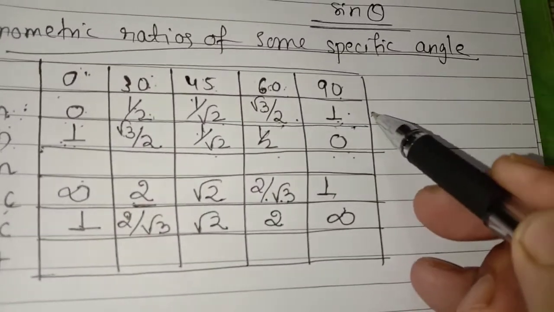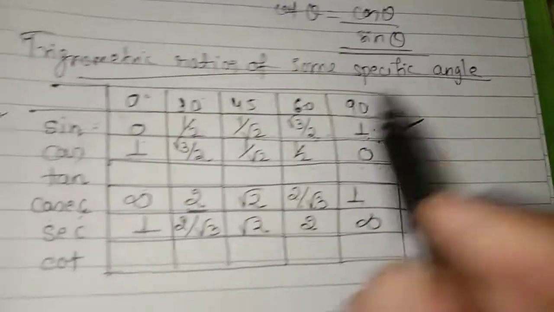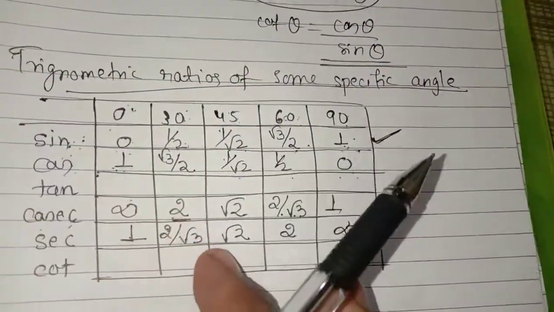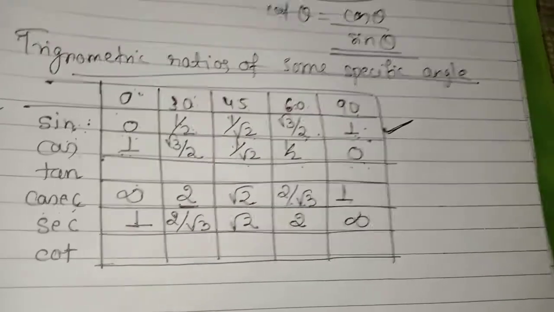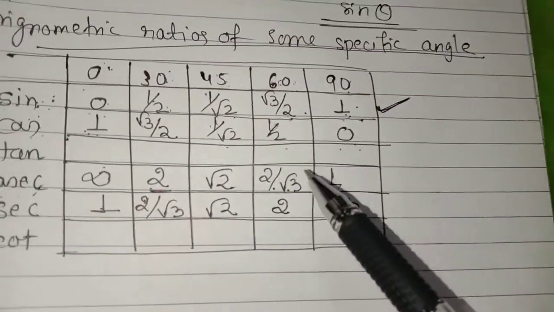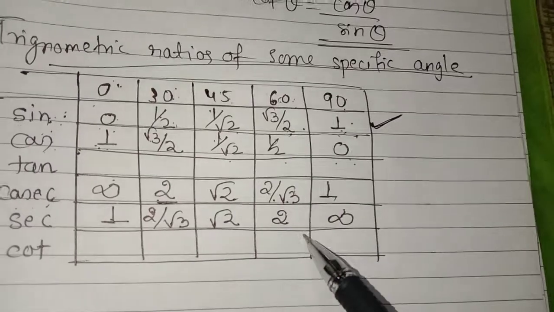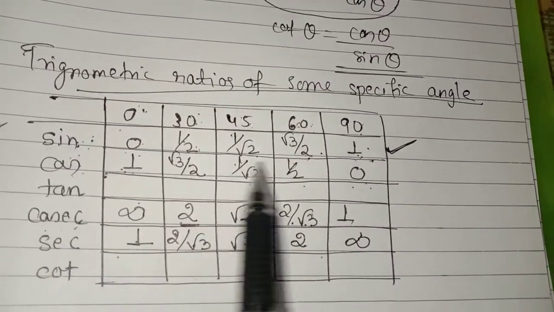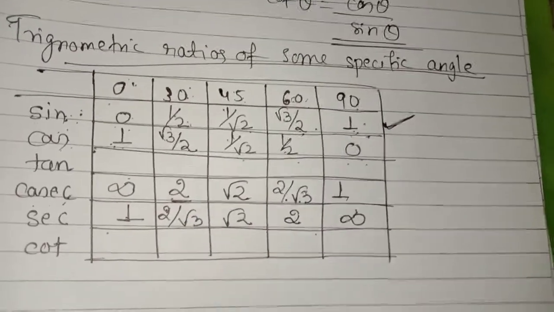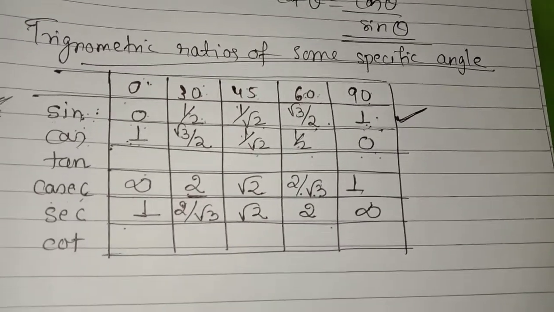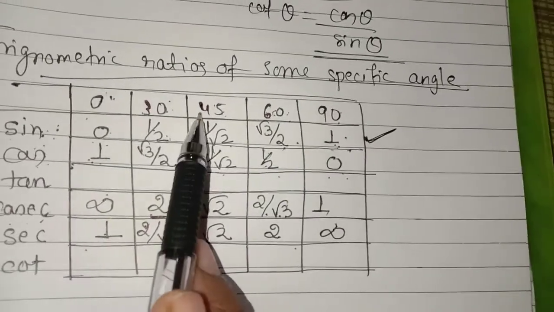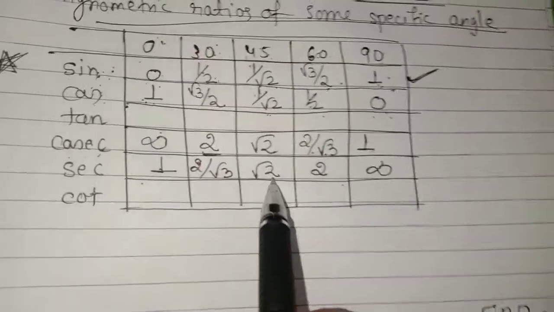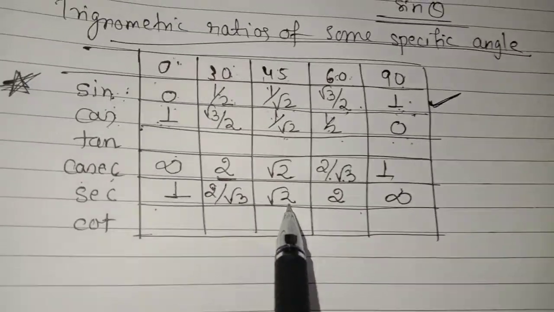So can you guess what I did? I just memorized the value of sine and cos, and on the behalf of that I have written cosec and sec. See how easily I did it. And I told you that whenever you are asked about the value of cosec and sec, for cosec I will memorize sine, and for sec I will memorize cos. Same way, if somebody is asking me what is the value of sec 45, definitely I will think about cos 45. Cos 45 is 1 by root 2. So sec 45 is root 2. That's all.